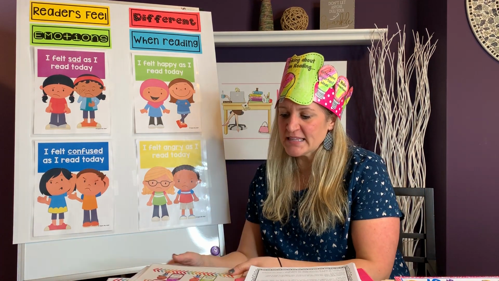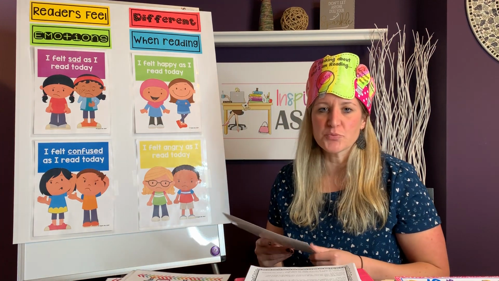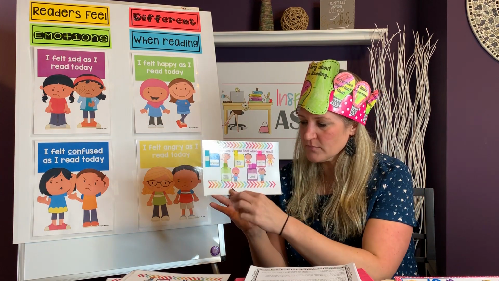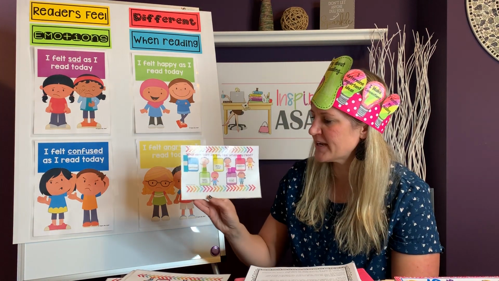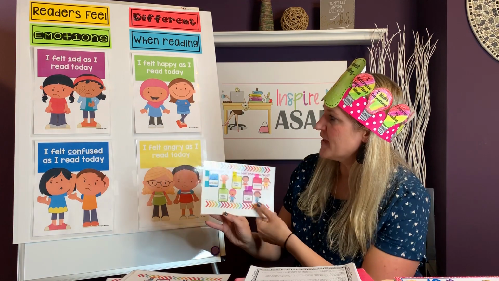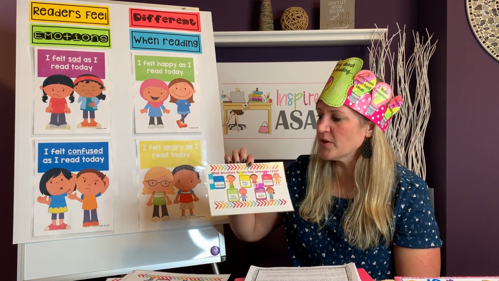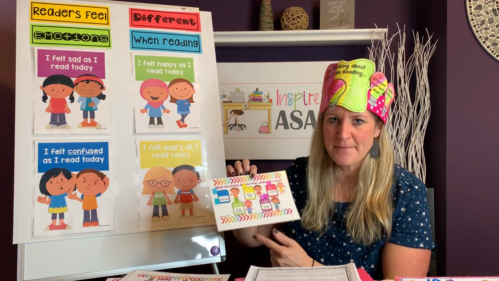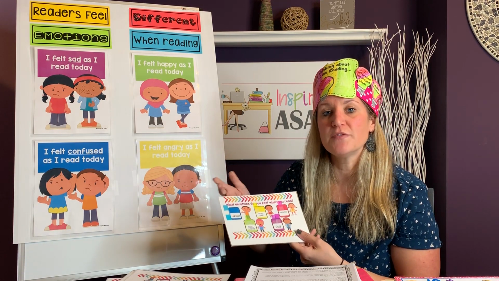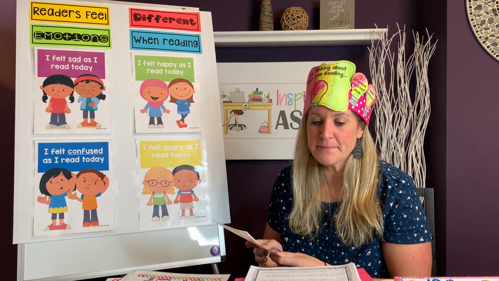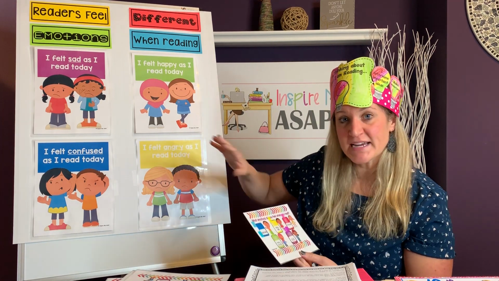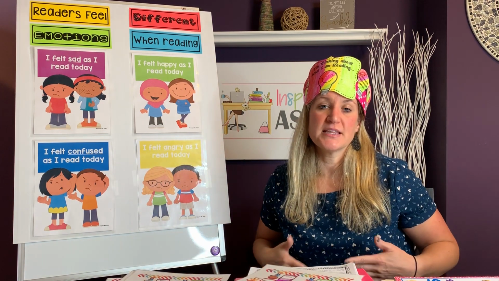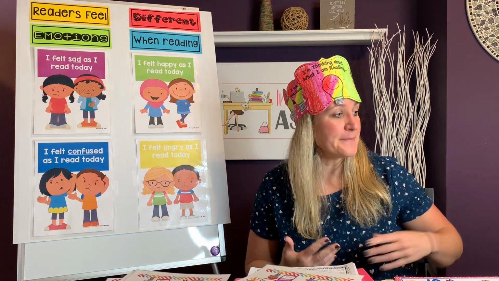One of the things that I like to use with my guided reading groups is a small, little card size version, I guess you could say, of the anchor chart, broken down into all the different emotions that I introduce to them as emotions that you would feel as you are reading. So when I meet with my students in a guided reading group and I used this lesson during my mini lesson, I might introduce to them a new text in the guided reading group,